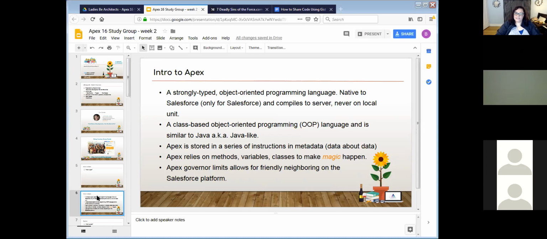When we say strongly typed, I think Susannah had already mentioned this in her session, and you might have already heard it in David Liu's Apex Academy segments that we've been watching for homework. But what does strongly typed mean? Similar to Java, but specific to Salesforce. Apex is. So for strongly typed, what we're talking about here is,